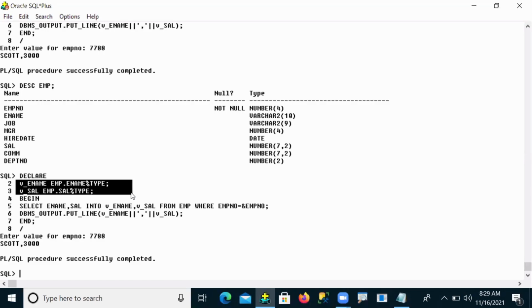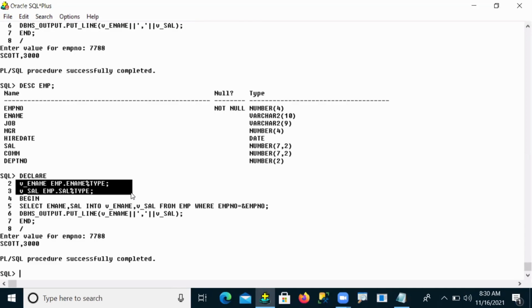Tell me, guys, which is better: 8 variable declarations for 8 columns, or 1 variable declaration for 8 columns?